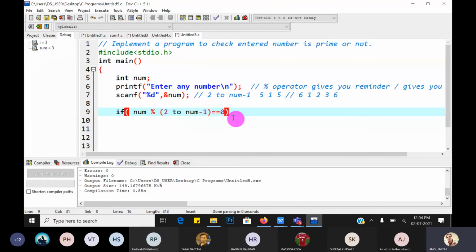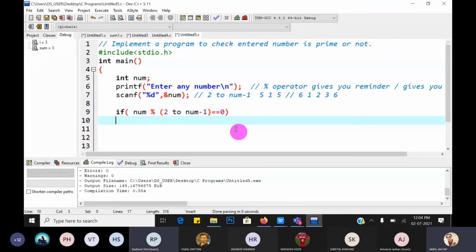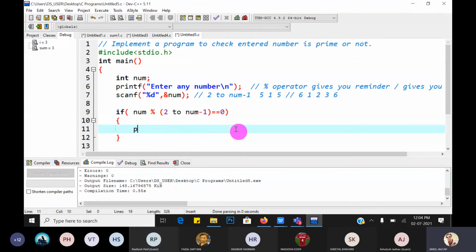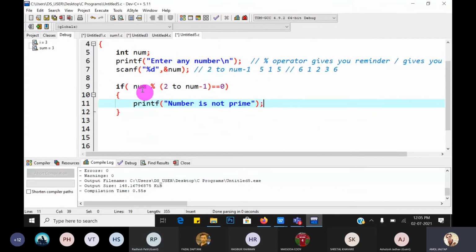If it is 0, then directly we have to say printf number is not prime.